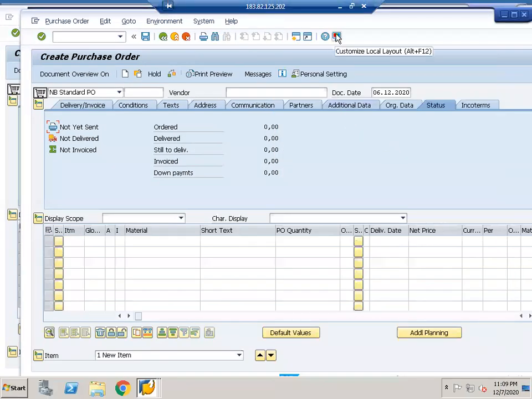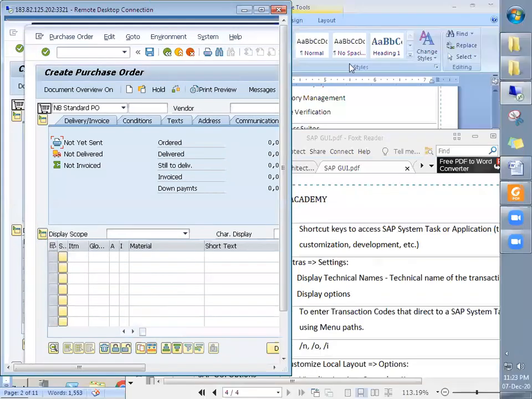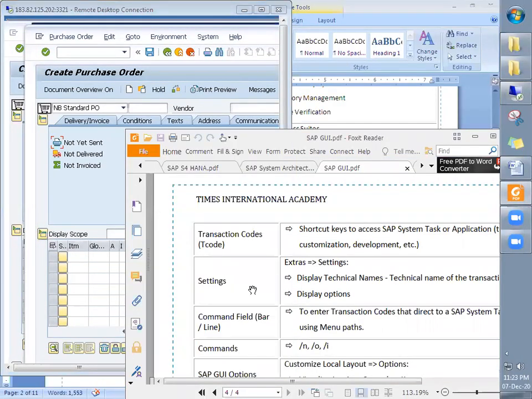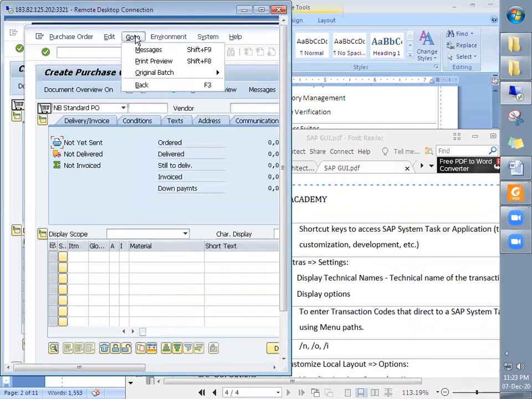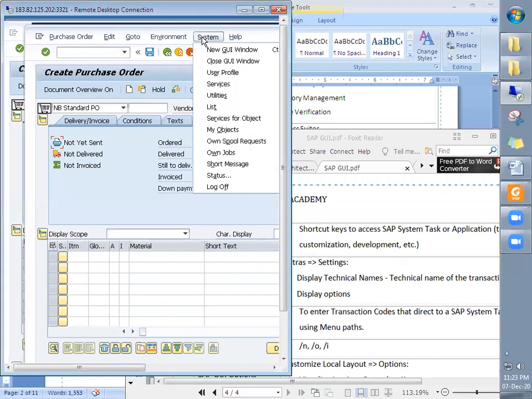So that setting is in settings and then extras. Yes, I think it is available in environment, system, display.